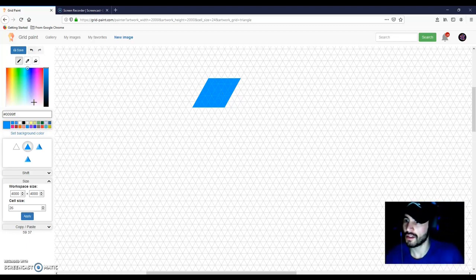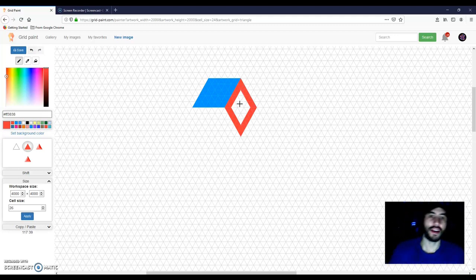Now I'm going to select a different color. I'm going to choose red in this case, and I'm going to fill out more triangles. I'm going to go 5 down over here. Then I'm going to go 5 down again, so that's 1, 2, 3, 4, 5. 5 upwards like this, and then 5 upwards again. And I'm going to fill out the other face of this cube